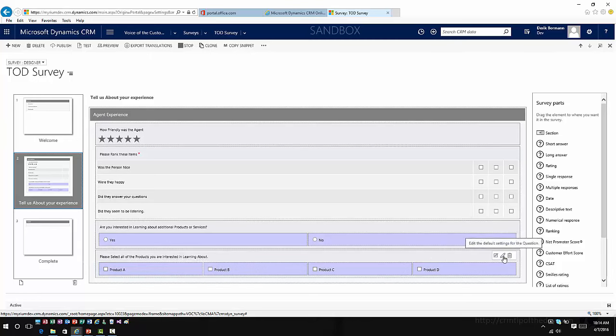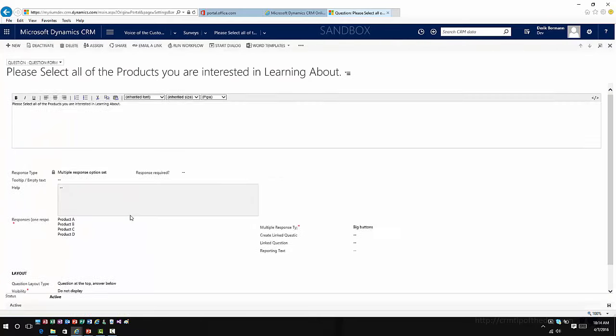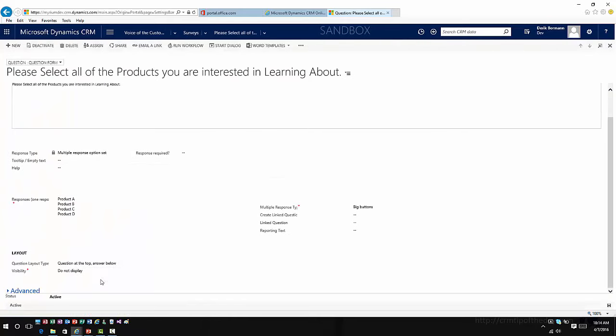Now, real quick, if I edit this question and go in and look at it, one of the things that you'll see down here underneath layout is a visibility option. Just like we have with some other elements within Microsoft Dynamics CRM, I could choose whether or not I want to display this item by default on the survey. For this particular item, I chose not to display it because I don't want this to actually show until they have answered a question a certain way. So I've got this set to do not display. Now if I close out of here quick,